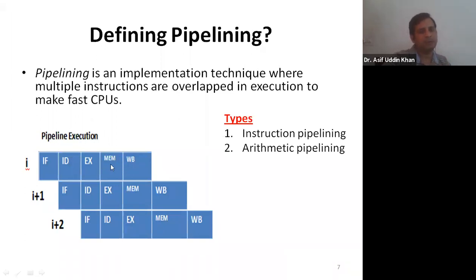Say this MEM stage will take a maximum certain amount of time, so we can give that amount of time to this MEM stage. Suppose a page fault occurs, I mean the data is not present in the cache memory, then it has to go to the lower level memory. The maximum time it will take to access data from the lower level memory, that we know. So maximum this much time will be taken, so we have to give that much time to this MEM stage, and the same amount of time has to be given to all the stages also.